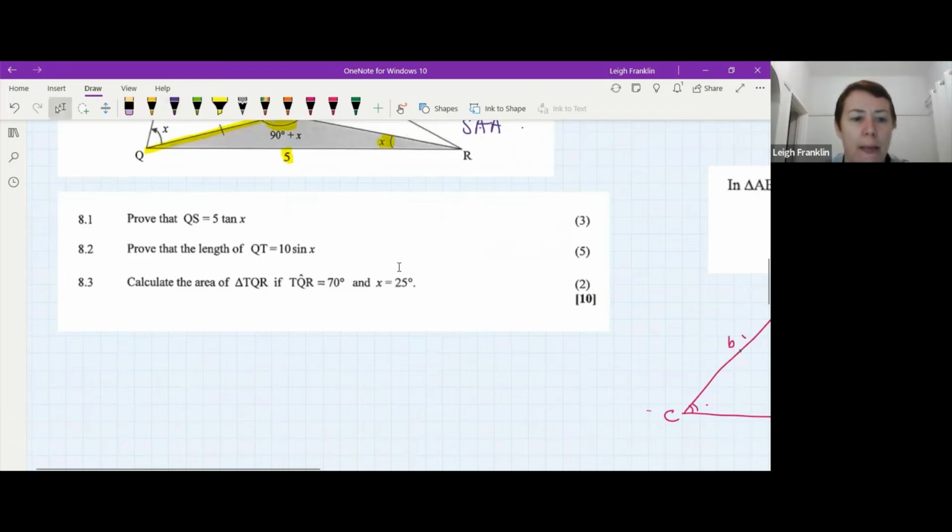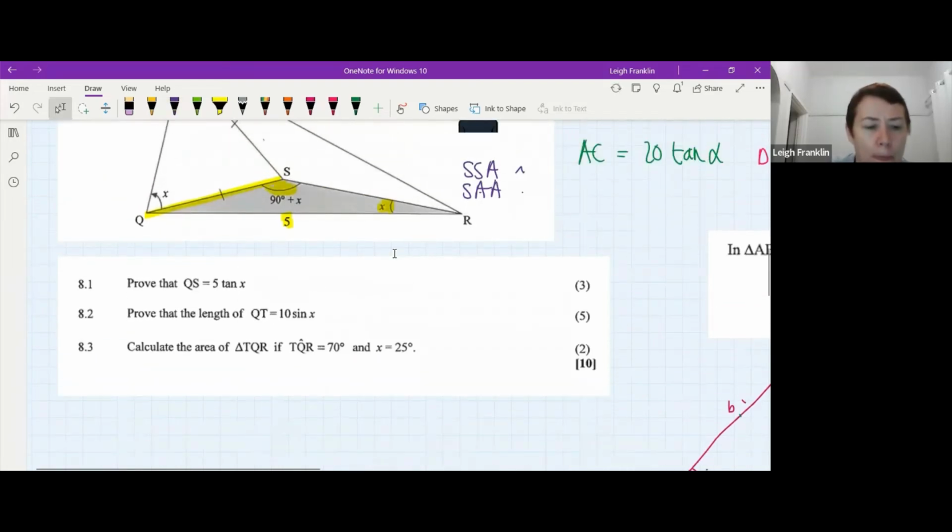So this would be side little s, this would be side little r, and this would be side little q. Now we've established that we've got two angles and one side, and what we want is another side. So it makes sense for us to put our side at the top. So we've got side QS over the sine of the angle opposite it, sine x, is equal